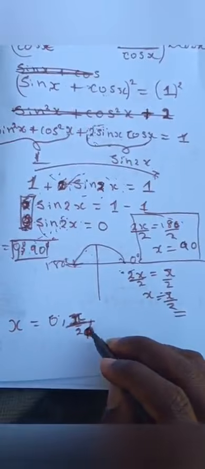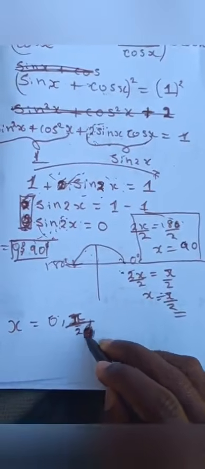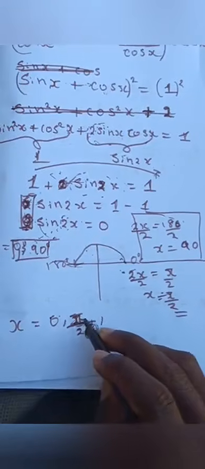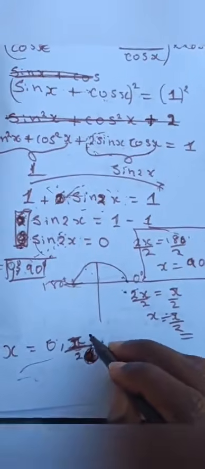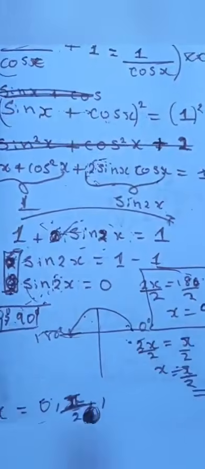I don't know how I've written this 0. Like, seriously, where does it come from? So 0 and pi over 2 are the final answers. Okay, so